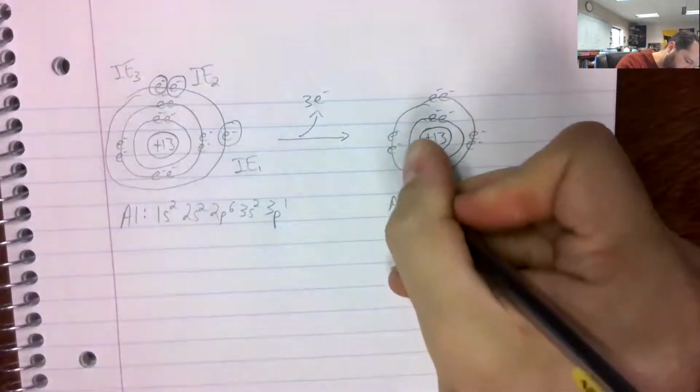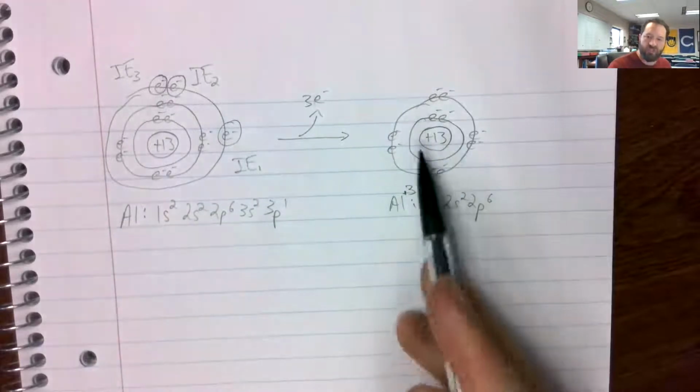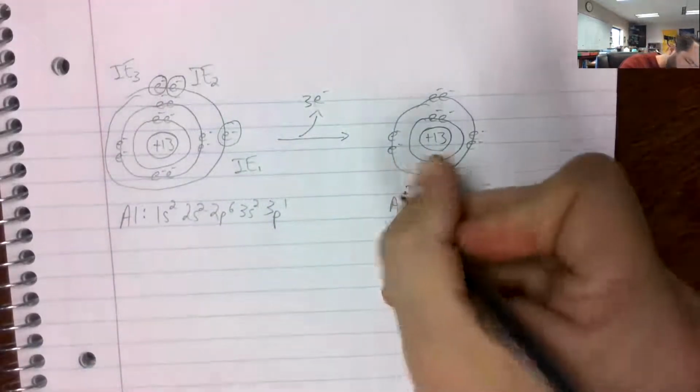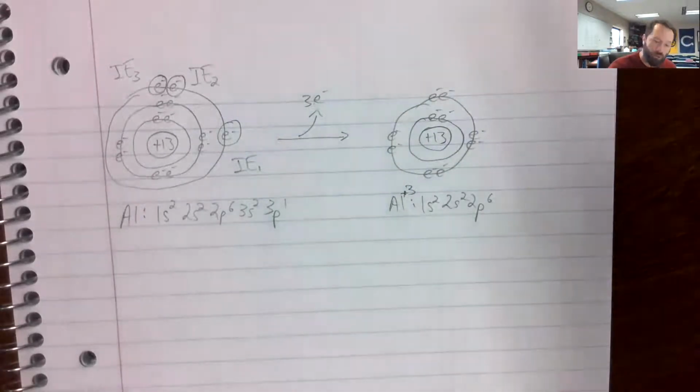And this is going to be aluminum with a +3 charge. He lost 3 electrons. He still has the same number of protons, so it's now an aluminum ion with a +3 charge. If we try to take a 4th electron,